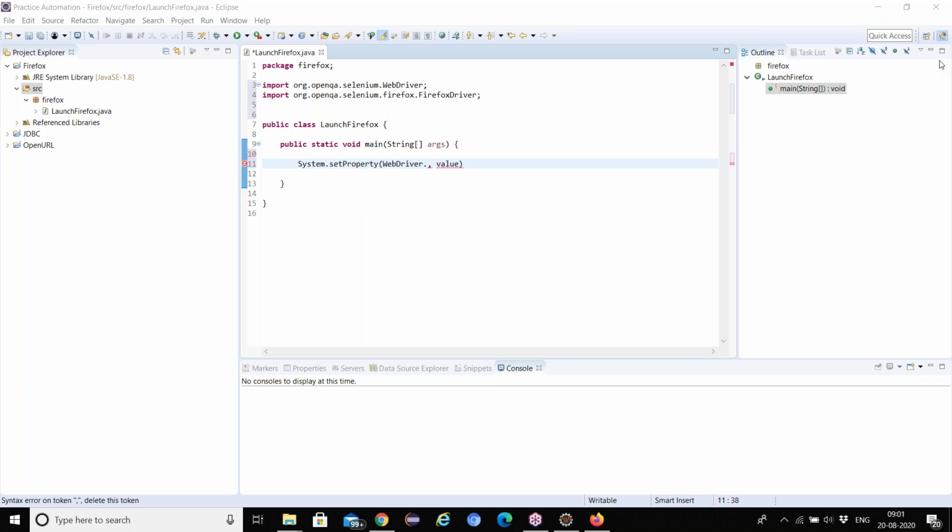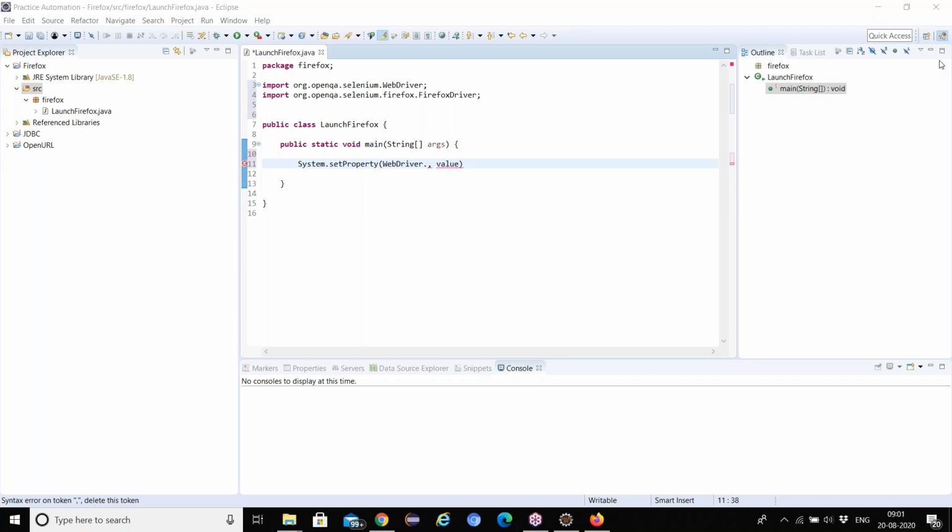Yes, only jar files. Version 3.80, right? Yes, anything. You can take 3.4, 3.9, whatever versions you have, you can download anything. I have downloaded 3.80. Okay, that's fine. Okay, sir, I added the libs.